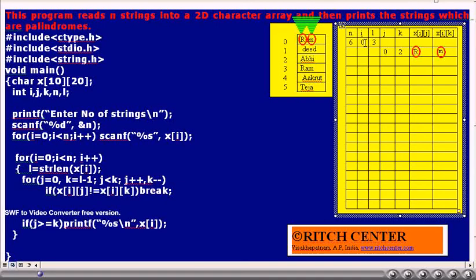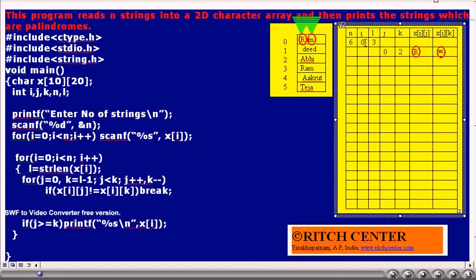What is x of i j? Now 0, 0, the symbol capital R. Similarly, what is x of i k, that is symbol lowercase m? Are they equal?